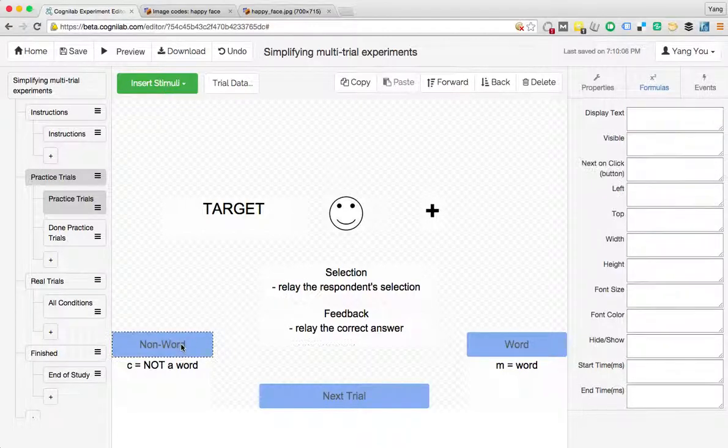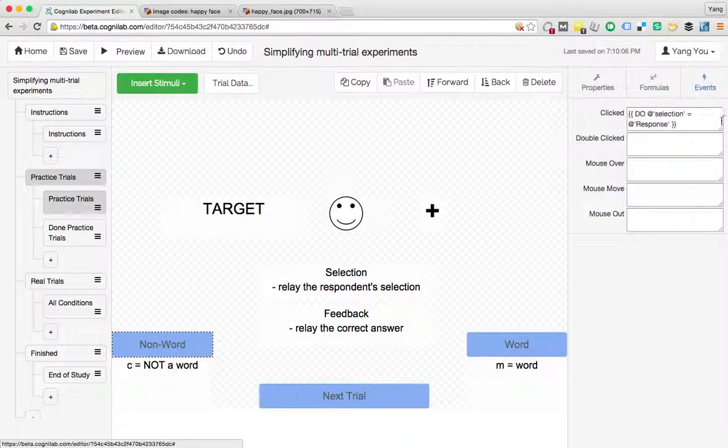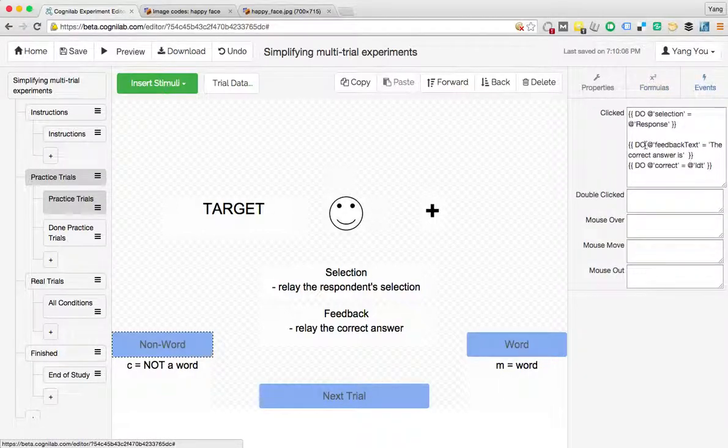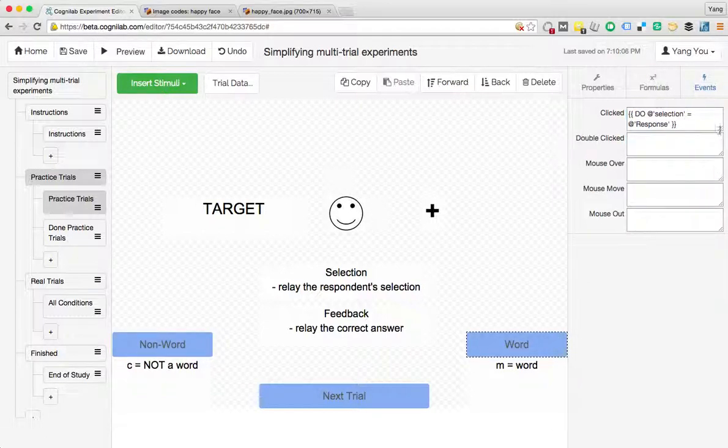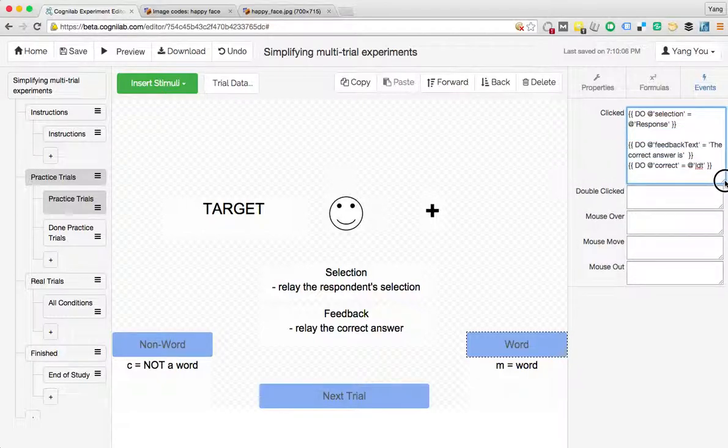So we're going to go back to the button, to the events tab, and when the button is clicked, we're going to do feedback text equals the correct answer is. And then we're also going to perform the function do correct equals LDT, which is the correct answer. So just to connect the two dots together, when the non-word button is pressed or when the word button is pressed, we're going to perform two functions related to the feedback